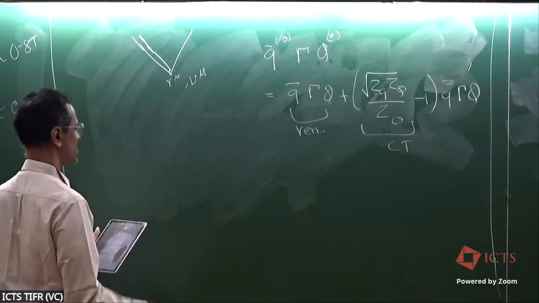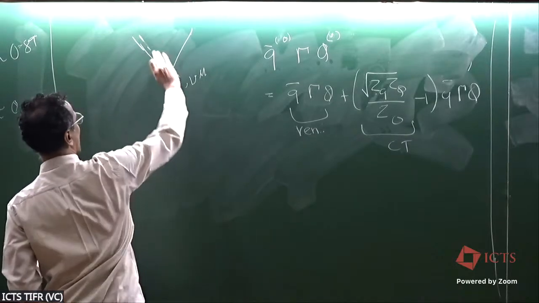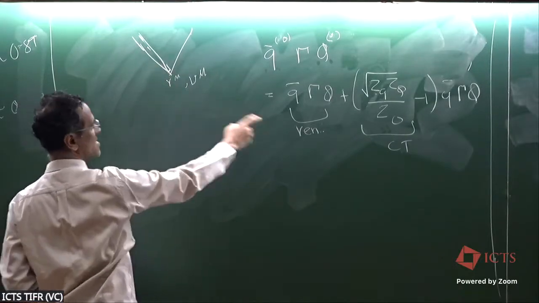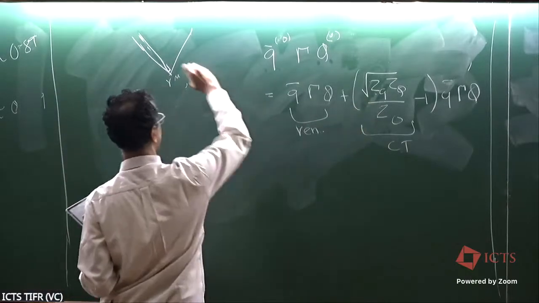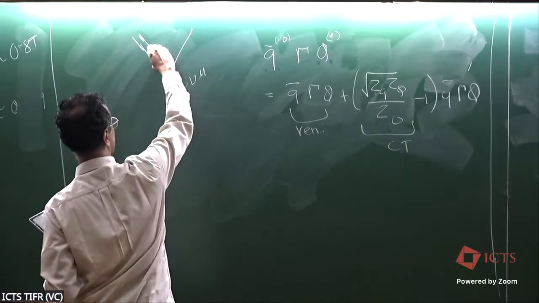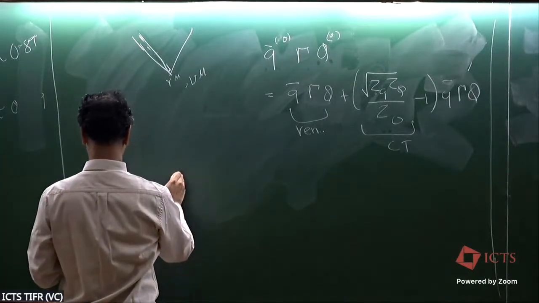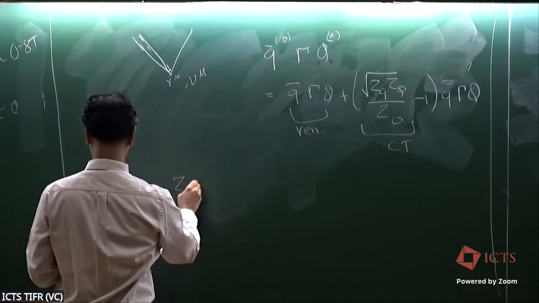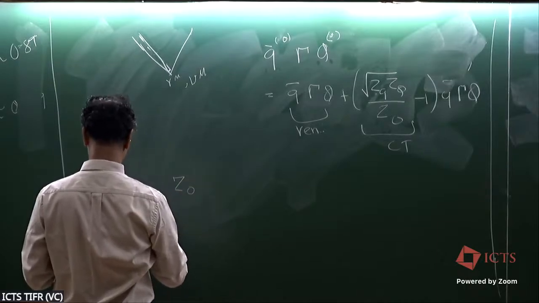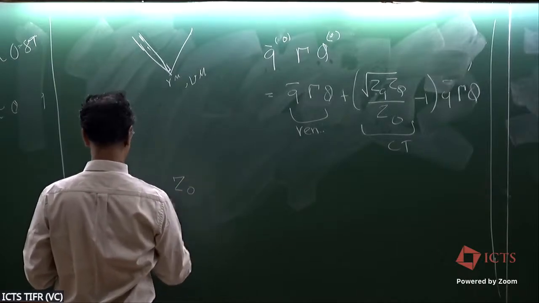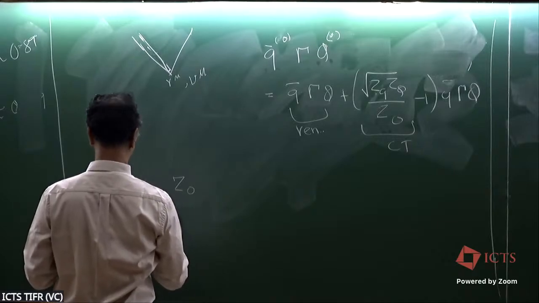The upshot: once again, you calculate these quantities. The diagram turns out to be the same. And the upshot is that Z0 is equal to